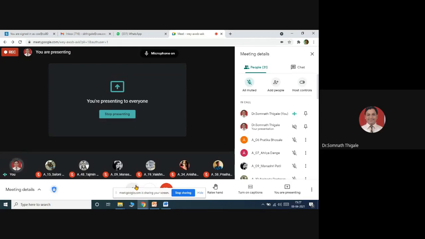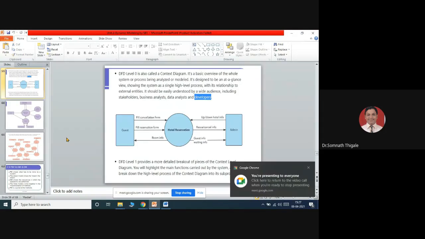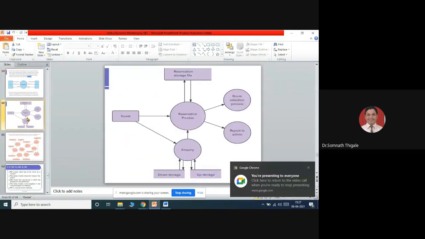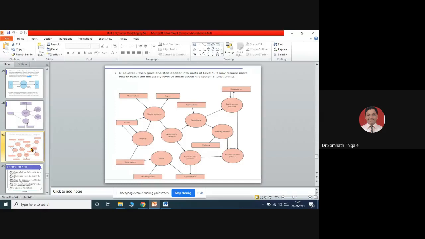Okay, sorry for the interruption. Okay. Next, this is the level 1. Take one more view. This is level 2 that you can add, and this is level 3. So in this style you can represent. अजून तुम्हाला पाहिजे तर तुम्ही अजून एक लेवलला जाऊ शकता, लेवल 3 आणि लेवल 4. It is good. The good practice is to go up to level 4.